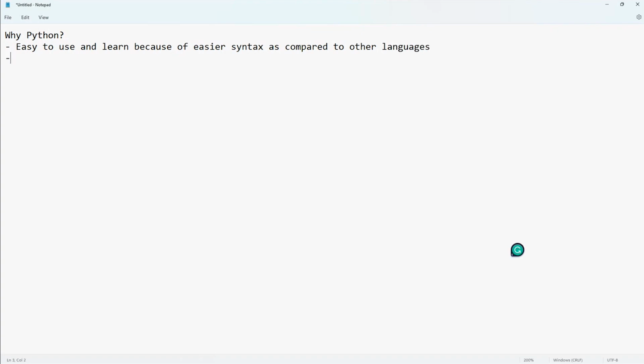Then we can say Python is something which is widely accepted on various platforms like Windows, Mac,